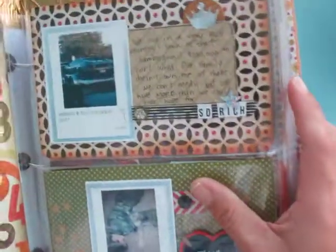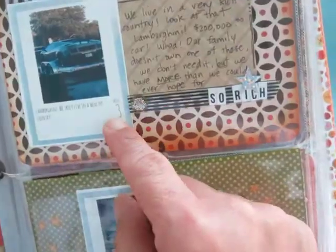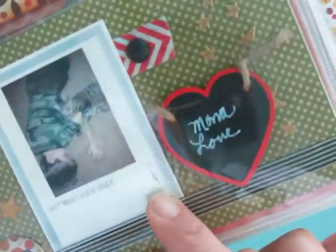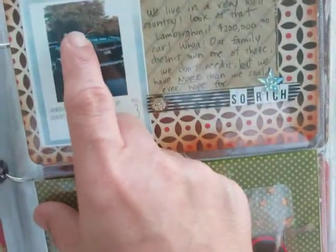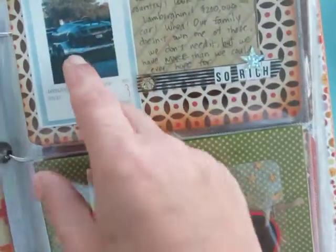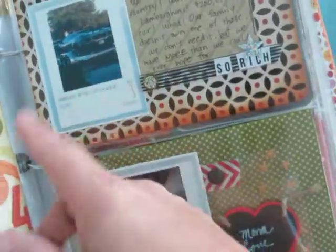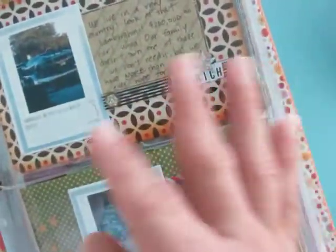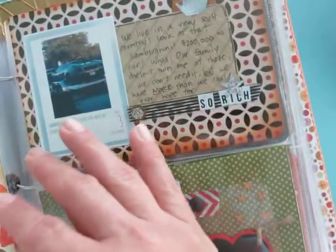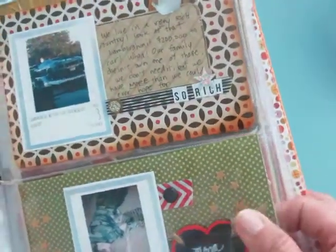And then here is a picture from the 3rd of November. And if you can see here, every Collect app photo has the date on it. So I really like that. So there, we just took a picture of a Lamborghini. I mean, where we live, we don't see those all the time. And so I was telling my son about it, and as soon as we came home, we looked it up, and I was just feeling like, wow, we live in a rich country,